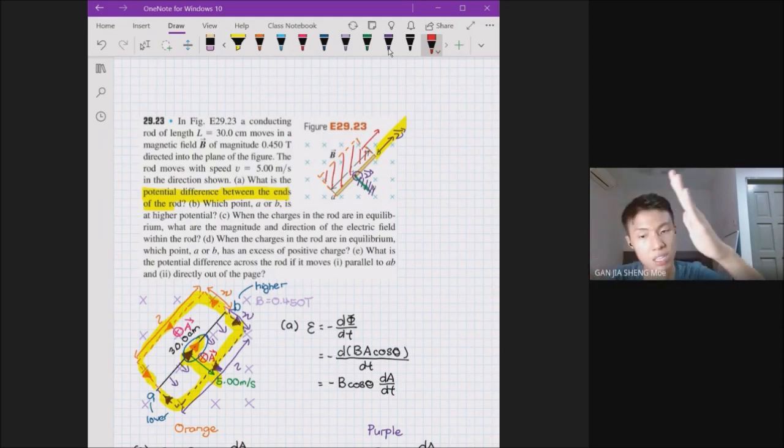You're not expanding the area, you're not making the area smaller, you're keeping the area constant, and your area is passing through the magnetic field, and the whole area is still experiencing a magnetic field. So the B never changed and the A never changed. You're not rotating, so theta never changed. So there's no change in magnetic flux. Okay, same idea if you move